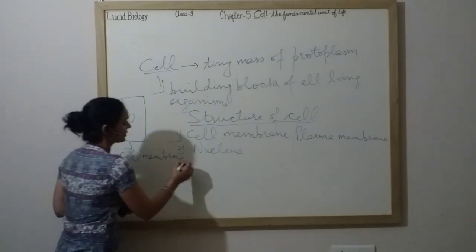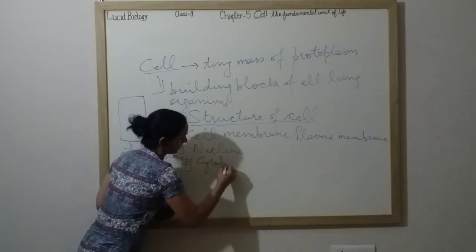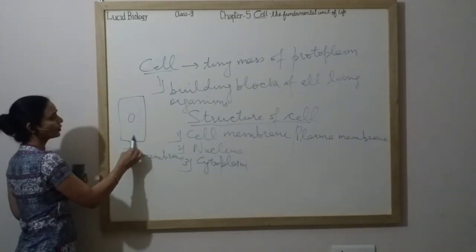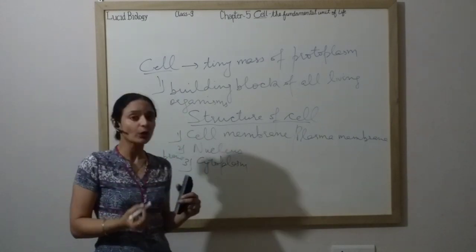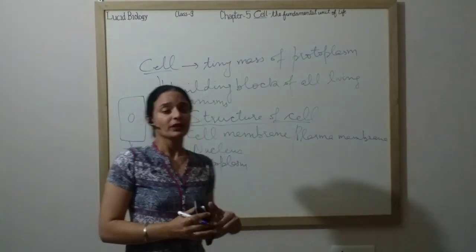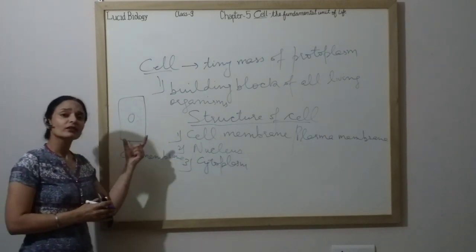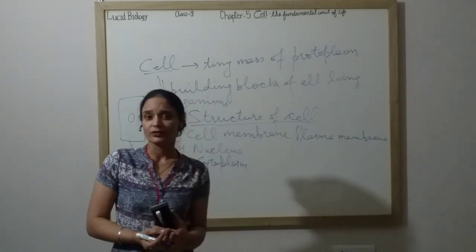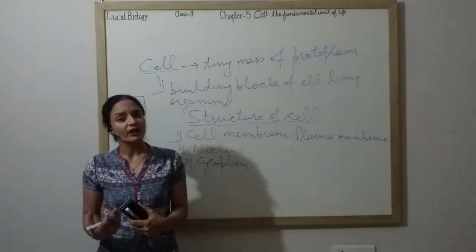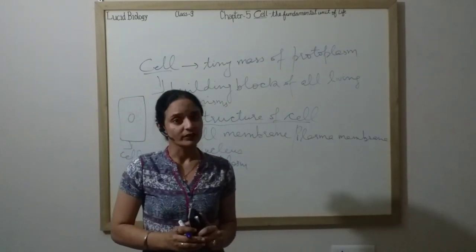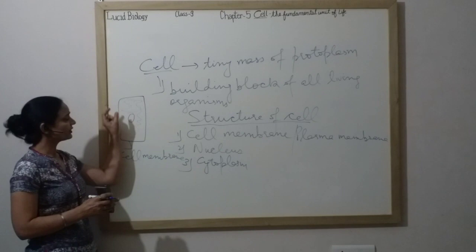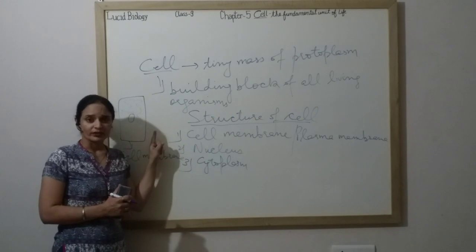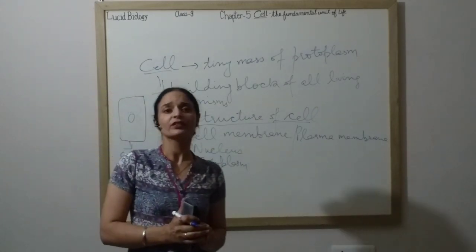And the third part is cytoplasm. Cytoplasm is whatever is present around the nucleus, that jelly-like substance, that jelly-like liquid, is called cytoplasm. And this cytoplasm has all the organelles. Now what are organelles? As we have different body parts which are called organs, like nose, eyes, ears, lungs, heart, all these parts are called organs. Similarly, the little structures in the cell which are specified to perform their own function are called cell organelles. We will study all cell organelles in detail in the next video.